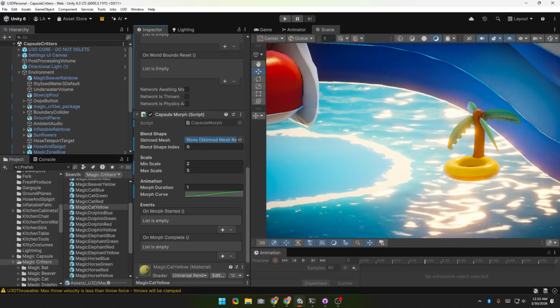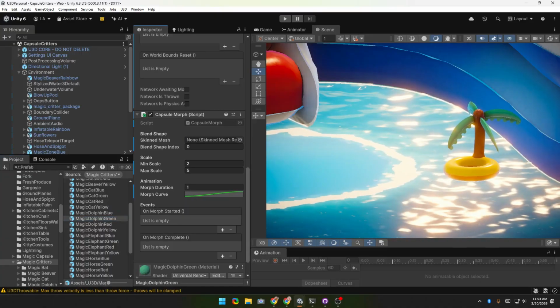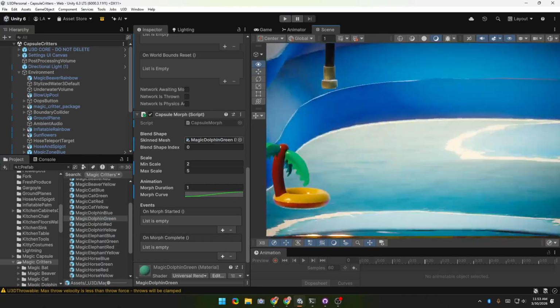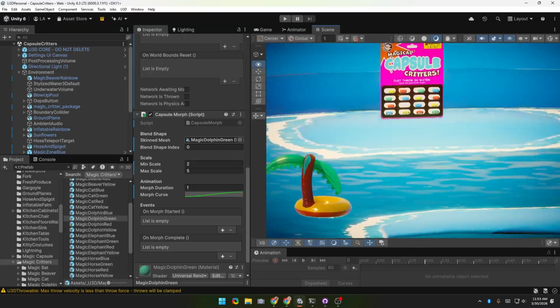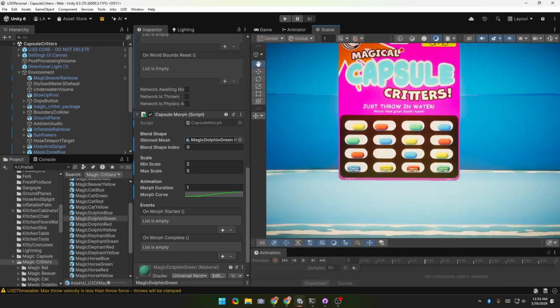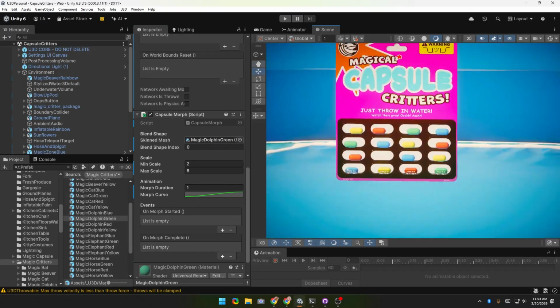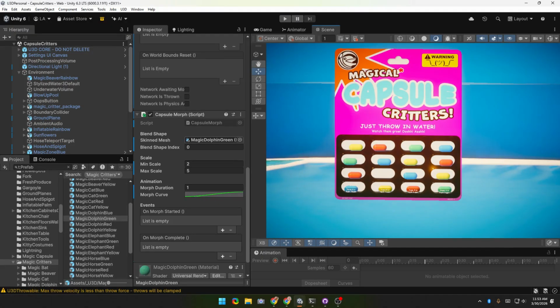But I really love the variety when you're clicking on the capsule card to make a capsule critter pop out. I love it when you see a lot of variety. Let's see. Yellow, already got you. Green, red, yellow, green,